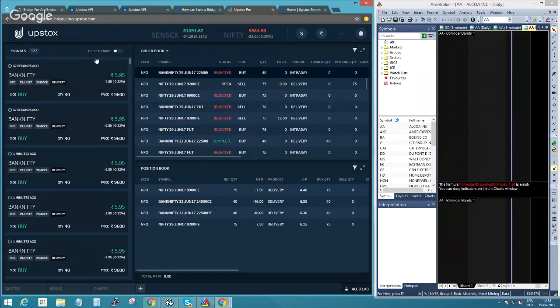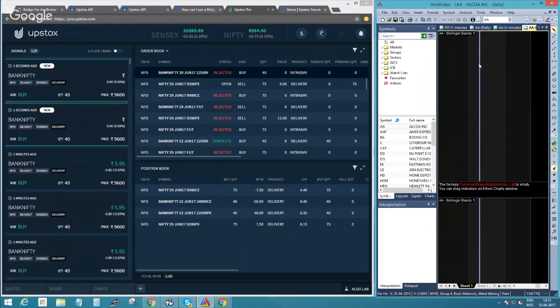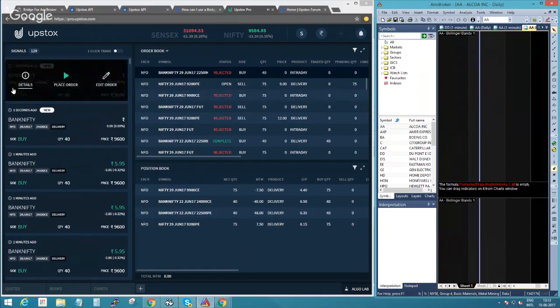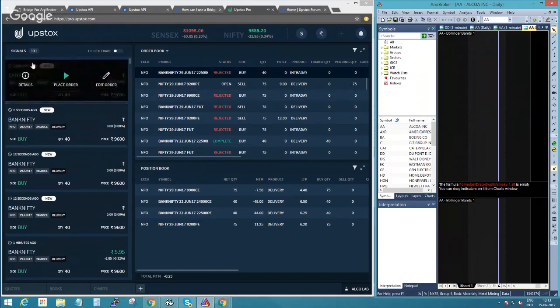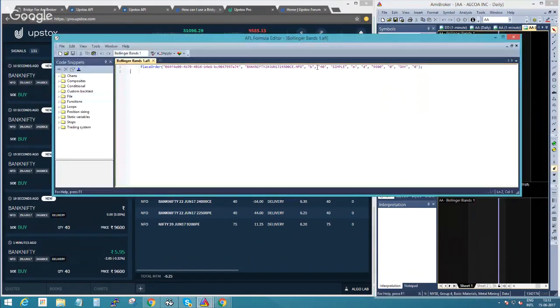If you can see, whenever I hover around it, some buttons get activated so that you don't have to click and do any activity. Once you hover on it, that particular button gets activated and you can place the order. Whenever I just do a random click from this particular section, you see that signals have been generated here. I'm just clicking once, and if it's animated in green, that means a buy signal is generated. If I do something on a red, I'll send a sell order entry from here by putting this as sell. Click on the apply button,